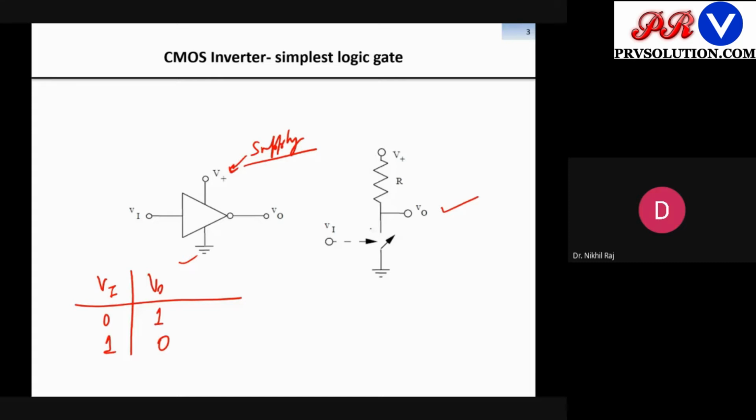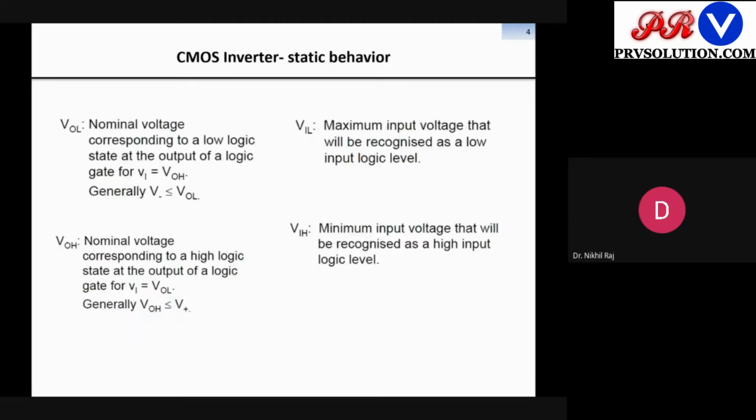Say this is a switch which works on logic high, logic 1, it turns on. So when Vi is 0, the switch is open, there is no path from output to the ground. So whatever the VDD supply is will reflect to the output and we get logic 1. And when it is 1, the switch is closed, and a short circuit path, if it has very less resistance, let's say R is almost 0, connects the output to the ground, and we get an effective value of 0 at the output.